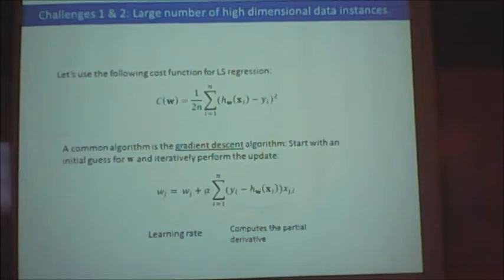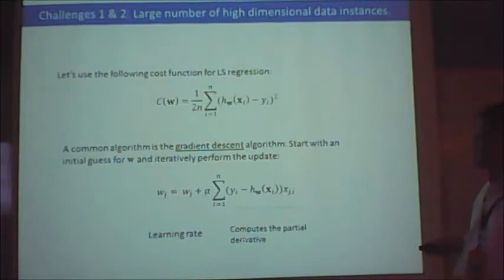So what you do is that you take steps, right? You have a goal, and you keep on moving, taking steps until you find the optima. To cut the story short, for each weight or each coefficient that you have, you compute the new value by adding this term here. This is the old value plus the learning rate alpha here. If the learning rate is too big, you jump too much and end up in a different place.